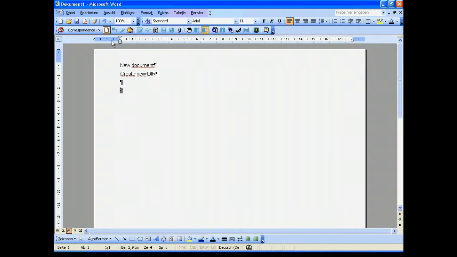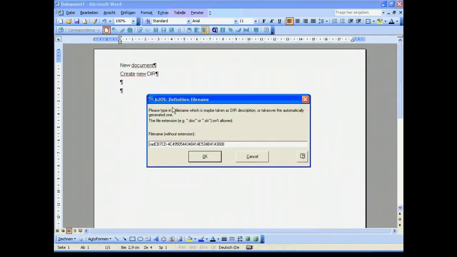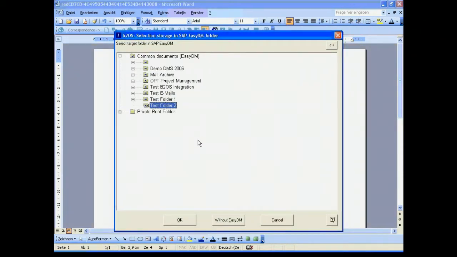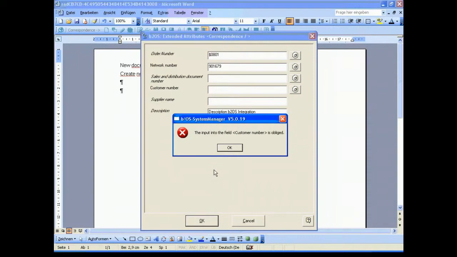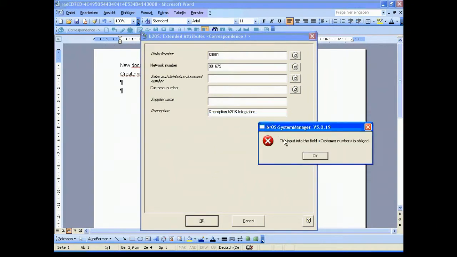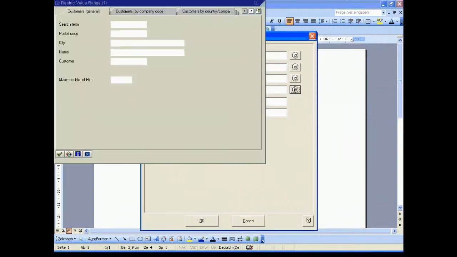And so if we want to generate this document info record, we will be asked whether we want to store it also in the structure of the SAP EasyDM. So we choose the folder we generated just before, the test B2S integration, and of course we have to fulfill all the required information about order numbers and network numbers, type some description inside, and we get a little warning, so the field customer number is needed in this case, and so we search for the customer numbers,